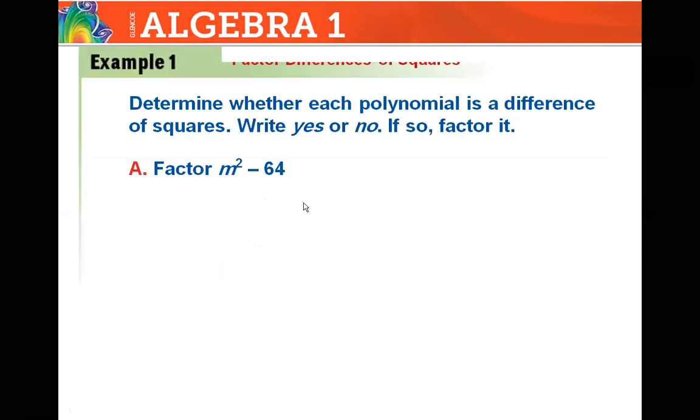Okay. Determine whether each polynomial is a difference of squares. Write yes or no. If so, factor it. So we need to say if it's a difference of squares, yes or no. If it's yes, we need to factor it. Pay attention with me. I'll start with